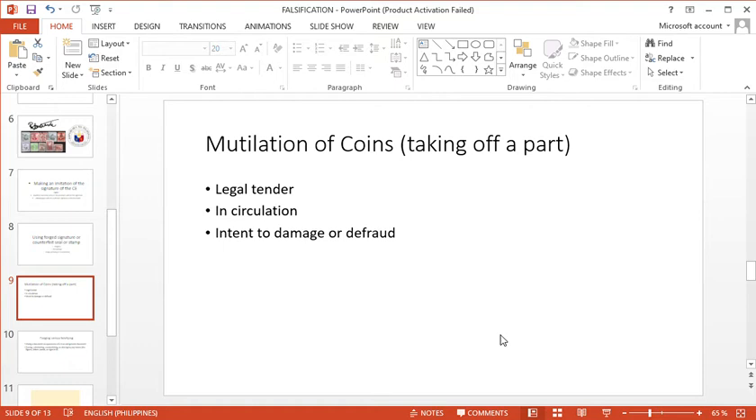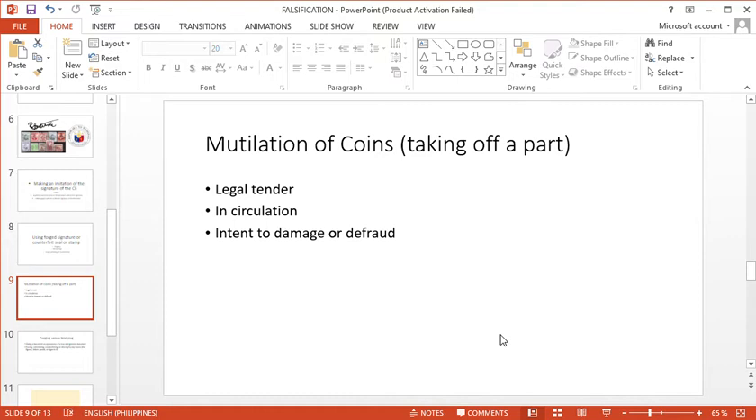Hindi ibig sabihin na puputulin mo yung coin. Okay? That's the literal taking off a part. But you may do so. That is an absolute mutilation of coins. But one of the very popular ways of mutilating coins is yung ginagasgas nila yung coin or kaya tinutunaw nila